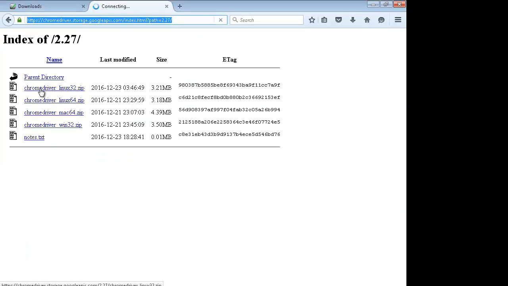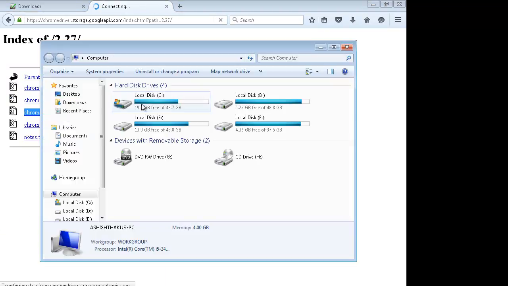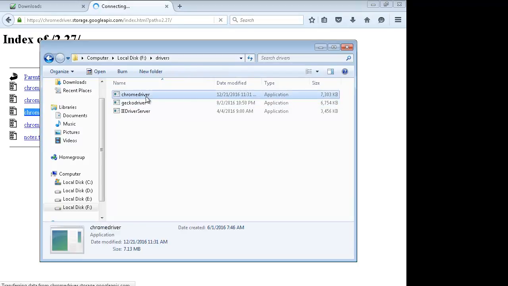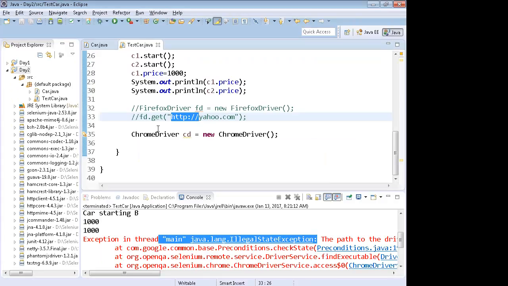Right. Now out here you will find various zip files. For Windows 64-bit or 32-bit, you can download this zip file. It is required to work with Chrome. For Mac, you can download this one. Once you download and extract it, you will get this chromedriver.exe file. Don't run it. You will not get anything by running it. Copy the path to the driver and write over here